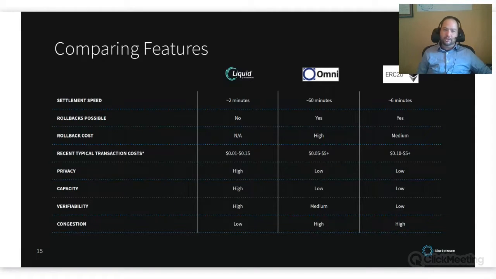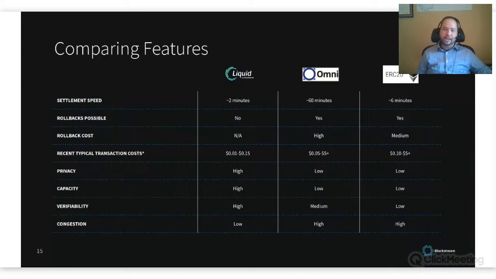So this is something that's very powerful if you're choosing to build a stablecoin, doing it on Liquid, being able to verify it. So right now with Liquid, you can run a Liquid node. You can very low cost validate that the transaction is valid, that the history is valid, and you receive the coin. For Omni, you're going to have to run a special Block Explorer, a special wallet that supports Omni. That's a little bit higher cost. There's not necessarily as much